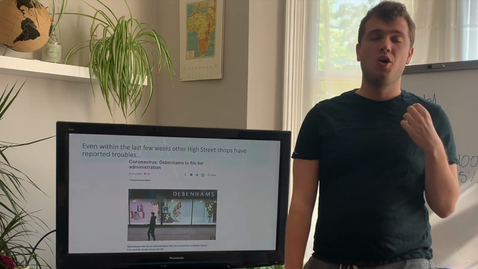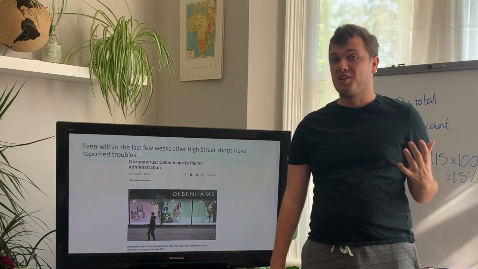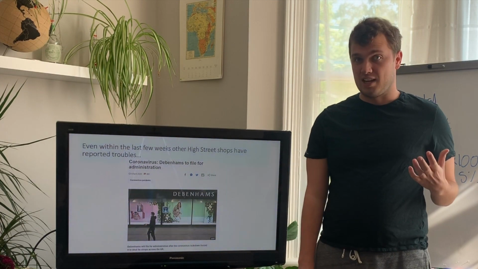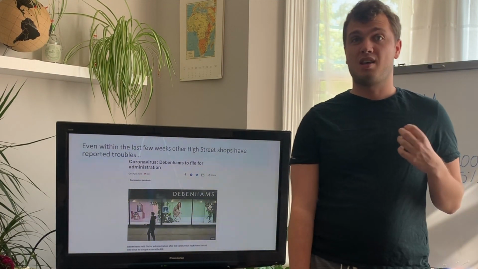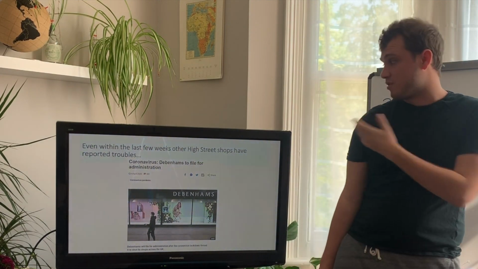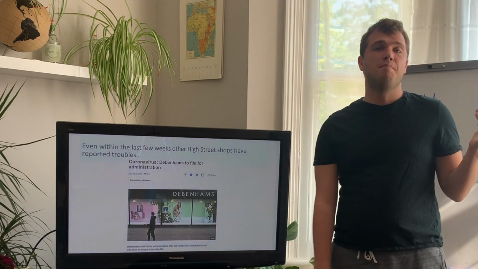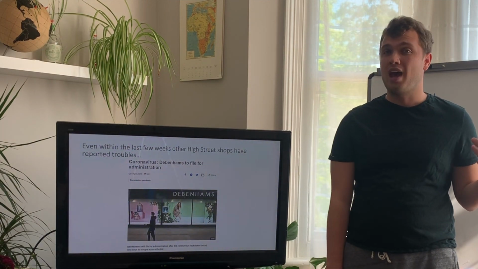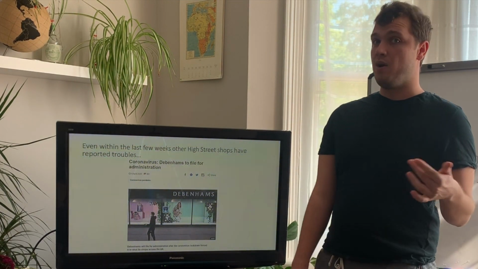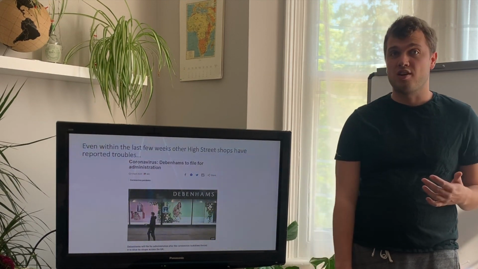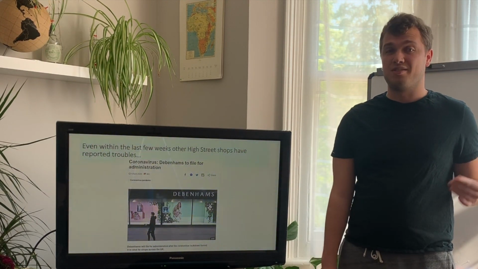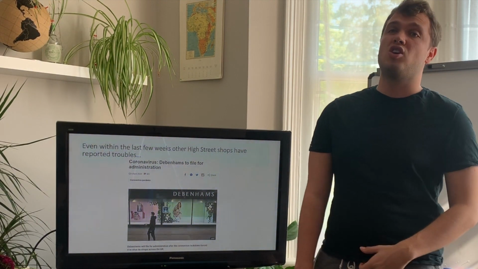As we know, all shops have had to close, unless they're selling essential goods, which has meant that there are lots of shops that really are at risk of closing down. So even in the last couple of weeks, Debenhams, a huge retailer, a massive department store across the whole UK, but they have been struggling for a few years now. They've announced that they're going into administration and that they are going to be closing down. So this is another big high street giant that's being closed down.